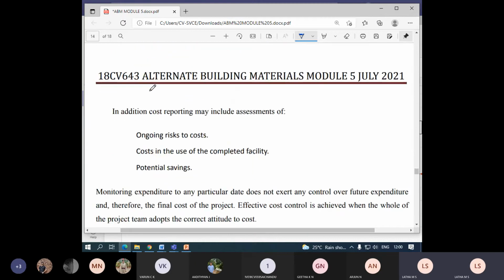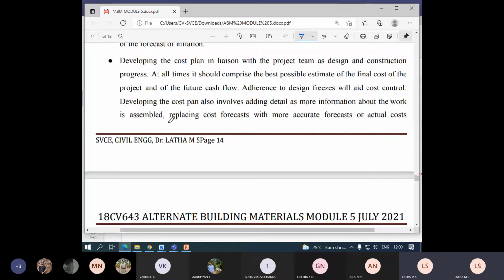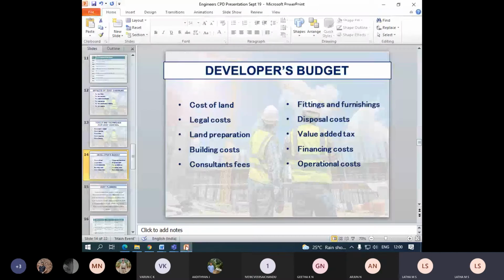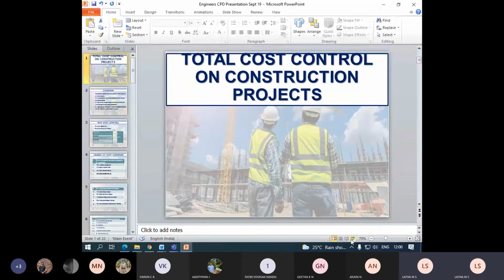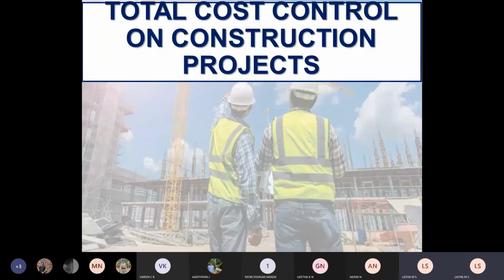So to understand in a better way, students, I will not go through the lines in between, it is very much clear. Instead I put this in a PPT form. In a PPT form, you can look here, it is talking about one particular project, telling about total cost control on construction projects. Isn't it? A project is nothing but construction. It can be a multi-layered construction or a single layer construction. I mean to say, it can be a number of house constructions or commercial construction.